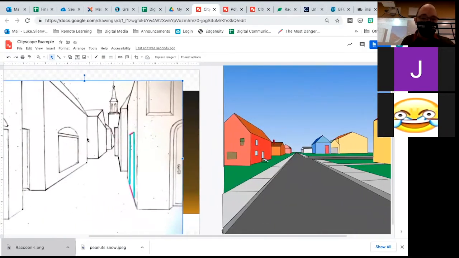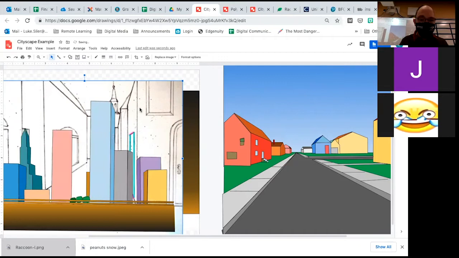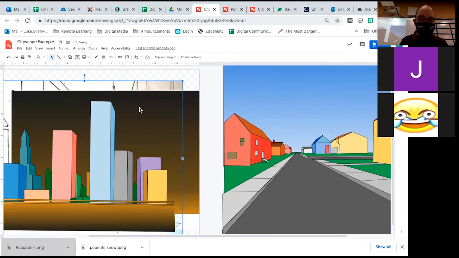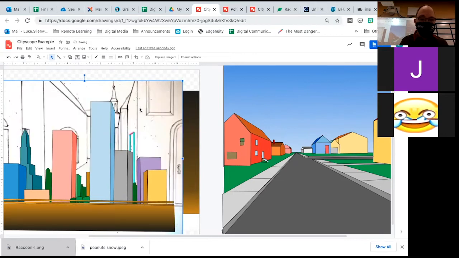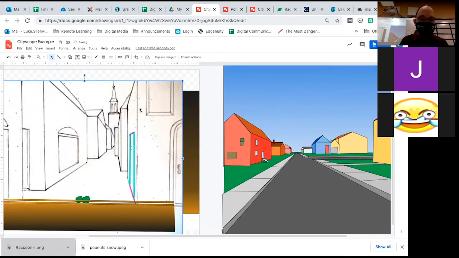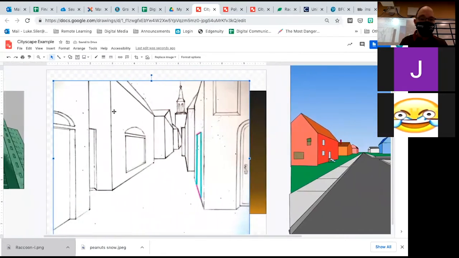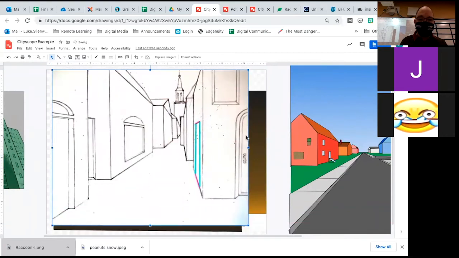And even if I put this one to the back, you can kind of see how it's built even. All of those are different pieces. But I didn't have to come up with it. We're just tracing a design that already exists. So I'm going to show you how to do that today. All right, so let's say that you've chosen to use this cityscape, and this is what you're going to be